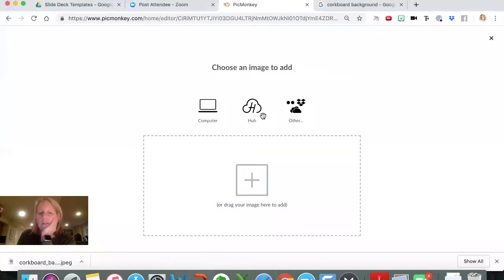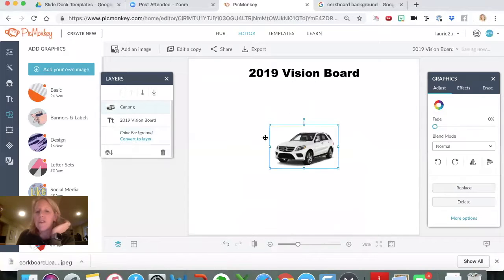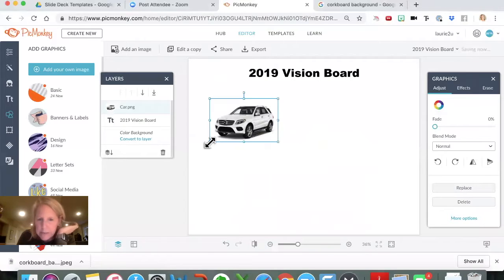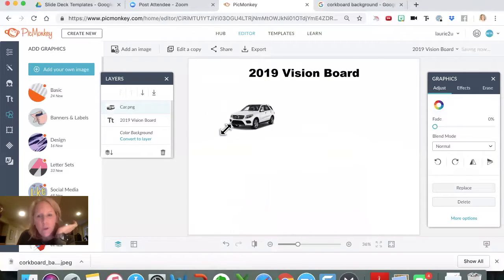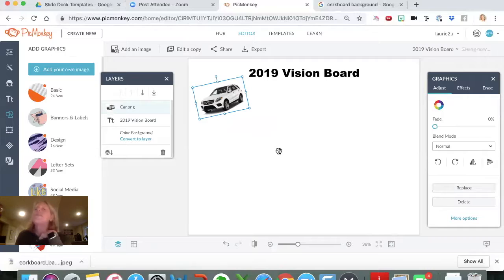So say car. I love this Mercedes SUV 350. I used to own the 450, and now I have a Buick Enclave. My Enclave's like 6 years old, and I do like my Enclave, but I do miss my Mercedes. So I just recently was like, I want that car. And I tell people too, if they have a particular car that they want, if they've never test driven it, they should go out and test drive it, because then you really know what it feels like, what it looks like.